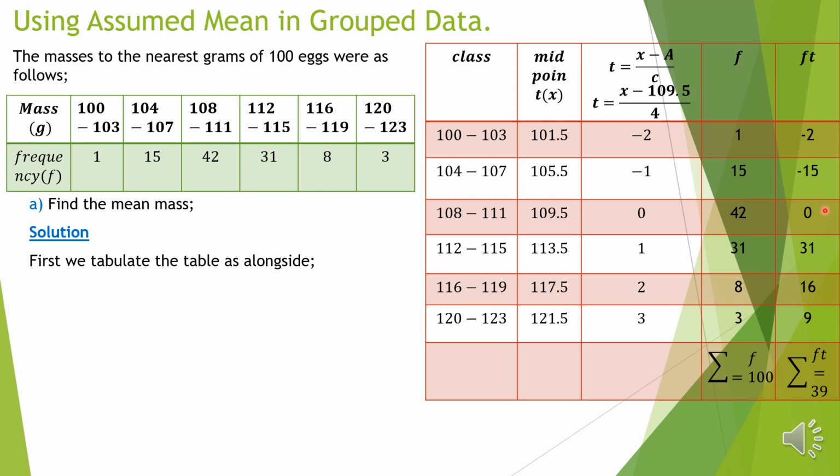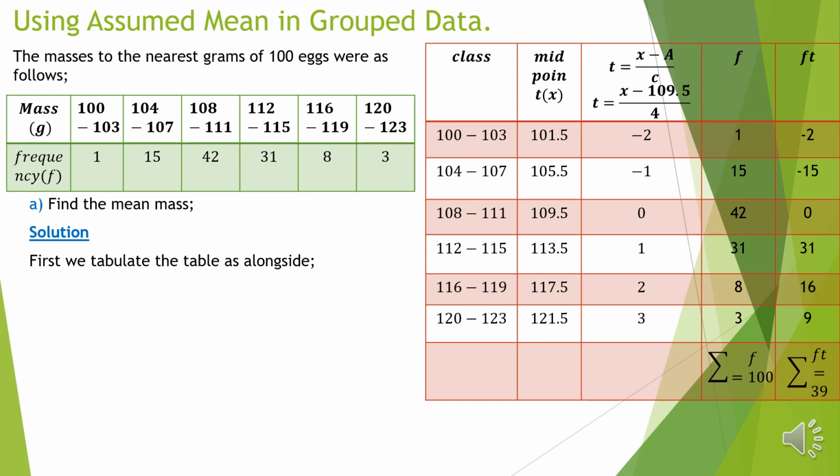Once we fill this column, then you sum them up. Now, the first one you are going to sum like this. That is going to be negative 2 plus negative 15 plus 0 plus 31 plus 16 plus 9. And by so doing, you are getting the summation of ft being 39. So this is how we formulate the table. Once we have completed the formulation of the table, then we can now proceed on to the formula and calculation